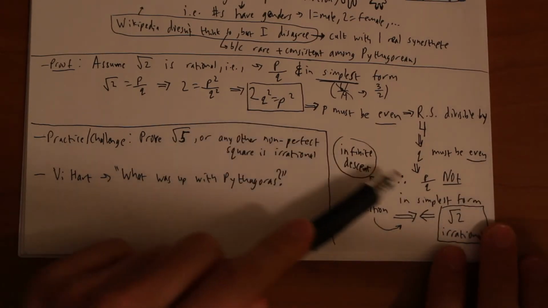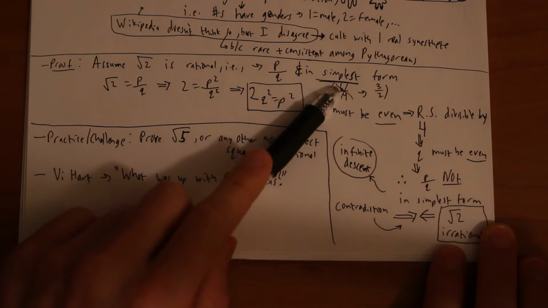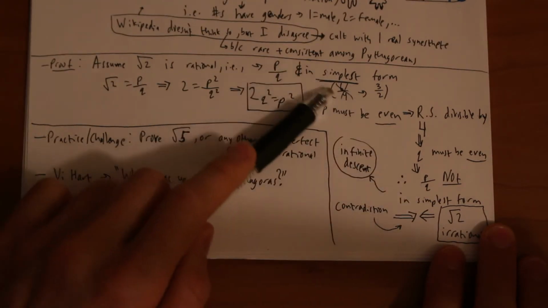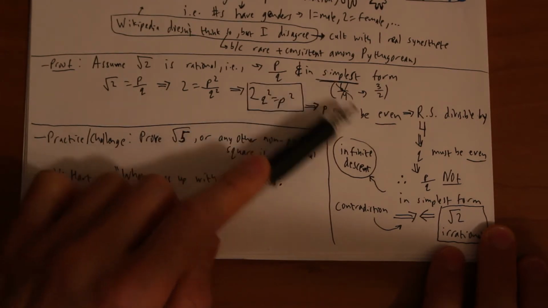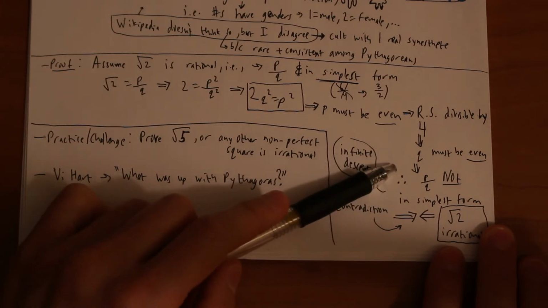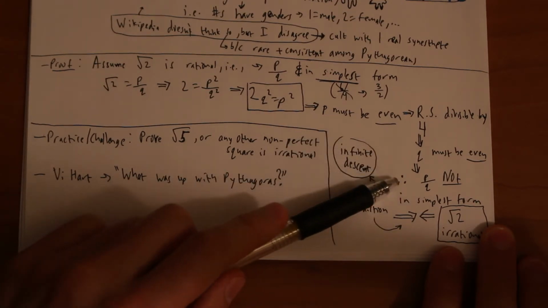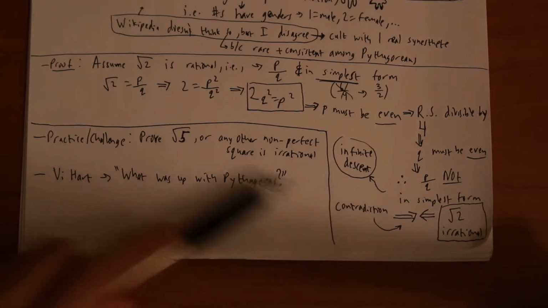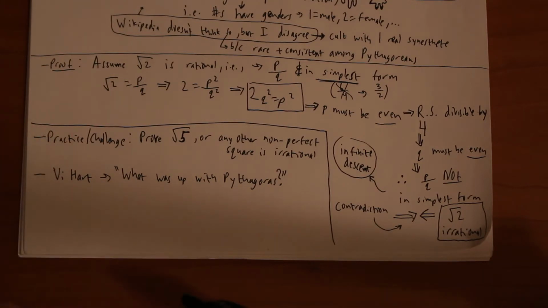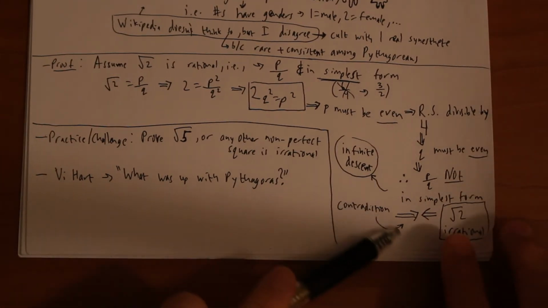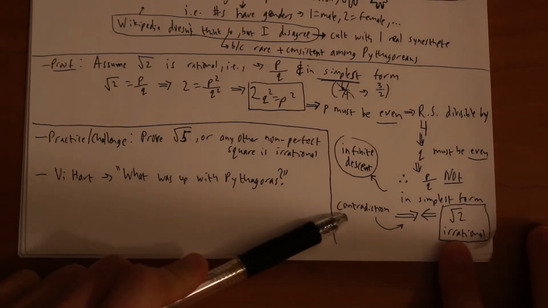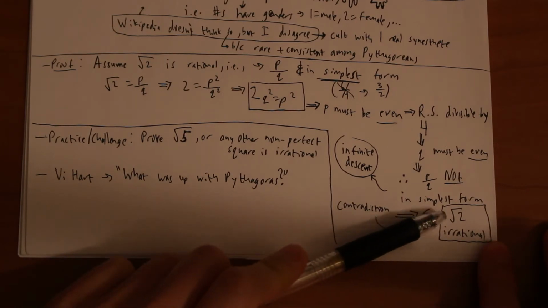But check this out: p over q we've assumed is in simplest form, but if they're both even, that can't possibly be in simplest form. For example, 6 over 4 is not in simplest form. Since it's not in simplest form, the 3 dots mean "therefore", that's just math notation, shorthand. That means our assumption was wrong. So this is a proof by contradiction. We assumed something, our assumption led to nonsense, and therefore we conclude that our assumption was wrong. These 2 arrows facing each other, kind of like bulls locking horns, indicate a contradiction. So therefore the square root of 2 is irrational.